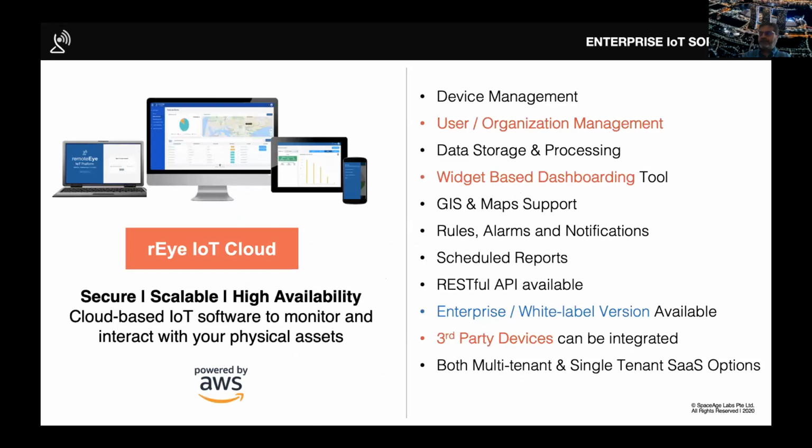The data from all of this via NB-IoT and LTE network lands on our platform. So just to clarify, we don't own any data centers. So we use third-party data centers like AWS, Microsoft, etc., to host our software to ensure that it is secure, scalable, and highly available. So you could start with 5 devices, but quickly go to 5,000 devices, right? There's no need to set up any infrastructure. And the main things that we offer is, of course, managing all these devices on the ground, right? So that is very important.